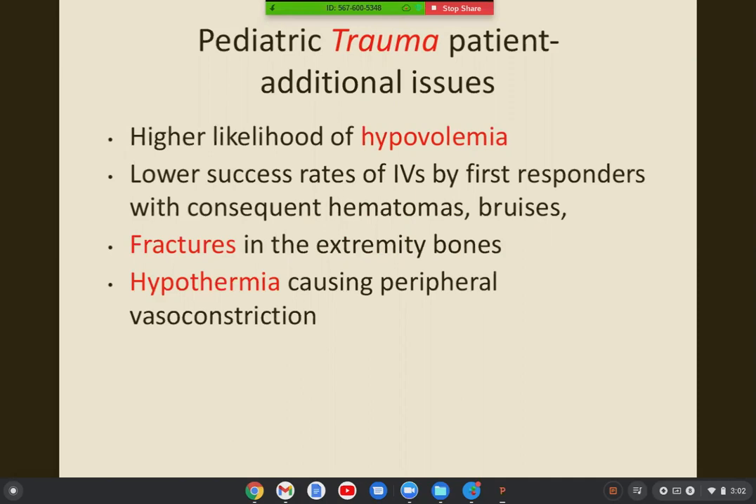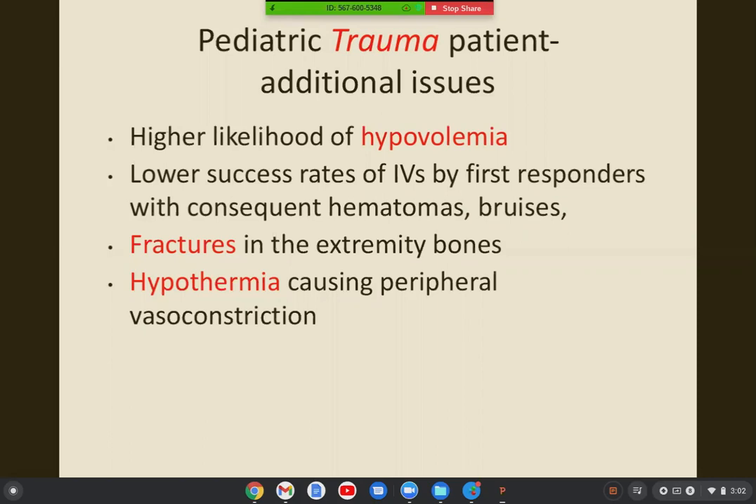Pediatric trauma patients have the additional issue of a higher likelihood of hypovolemia. They have lower success rates of intravenous cannulation by first responders, with consequent hematomas and bruises. And why is this important? Because when we ask our nurses to put in a cannula in a pediatric patient, we don't know what their experience is. And when they try too much, then we lose more time, more fluid, and more time to resuscitate